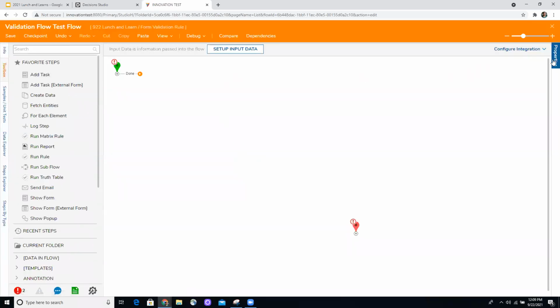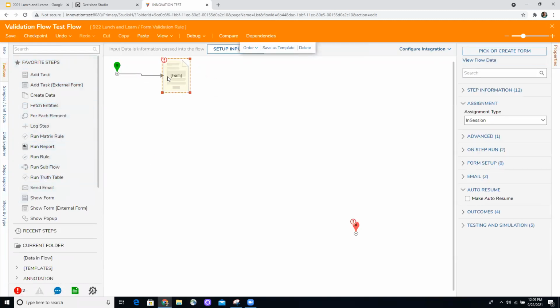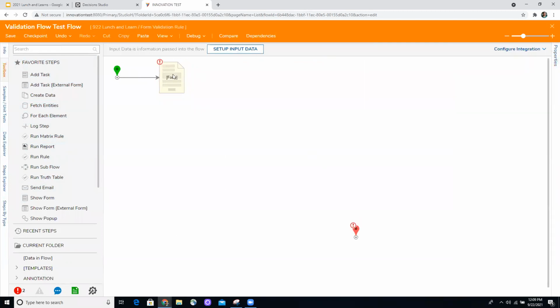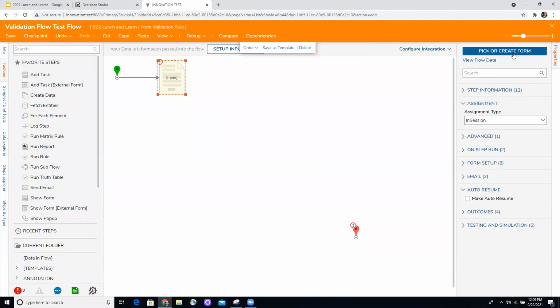All right, so the first thing I'm going to do is drag out a simple show form step. And then I'm going to create the form.